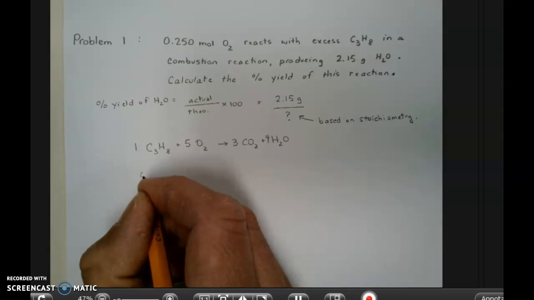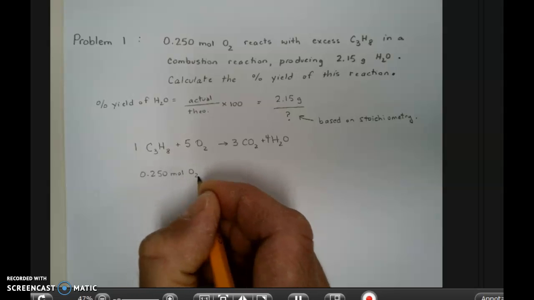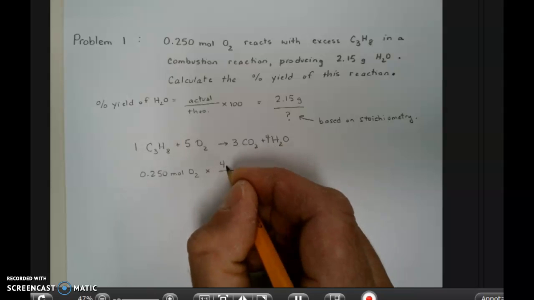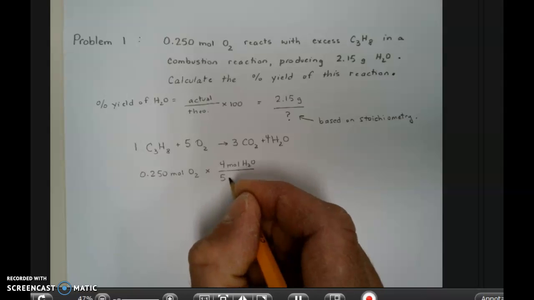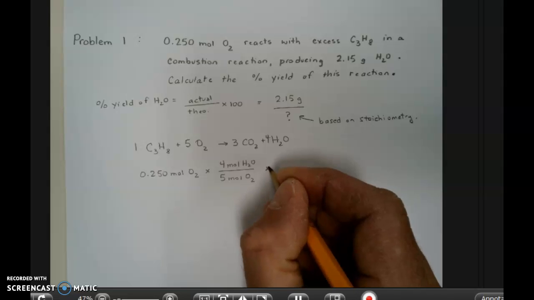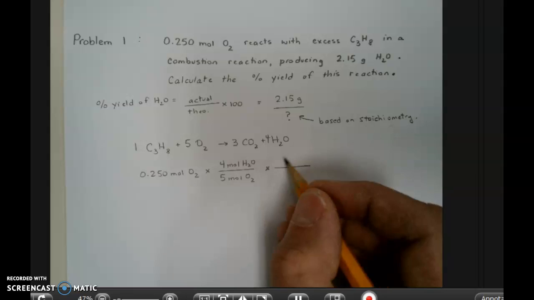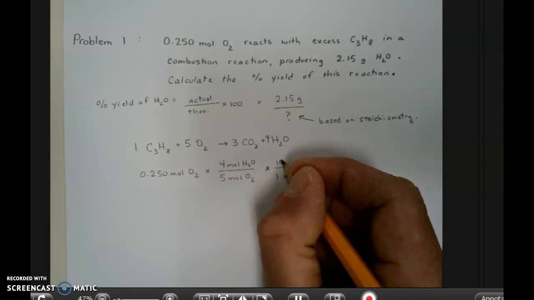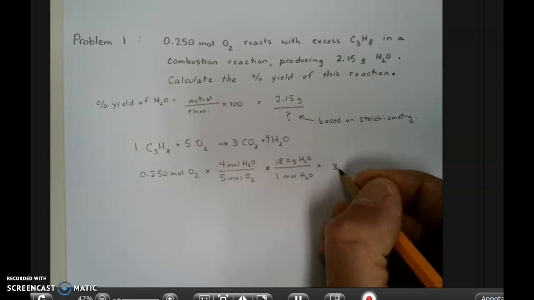So based on the stoichiometry, 0.250 moles of oxygen reacts in a 5 to 4 mole ratio, or mole recipe. The 4 moles of water are produced from 5 moles of oxygen. And actually, let's go all the way to grams, because I need to put a gram number in here. So let's use molar mass. 1 mole of water is 18 grams. And all that comes out to be 3.60